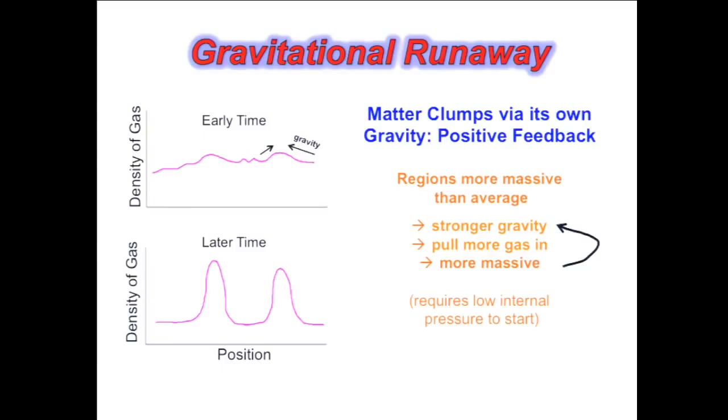Yep? What areas would have a high internal strength? So a region that would have a high internal strength, for instance, would be a region that happened to be really hot. If you're hotter, you have higher pressure, you push out more. And so a region that's hot will actually resist this process better than a region that's cold. Great question.